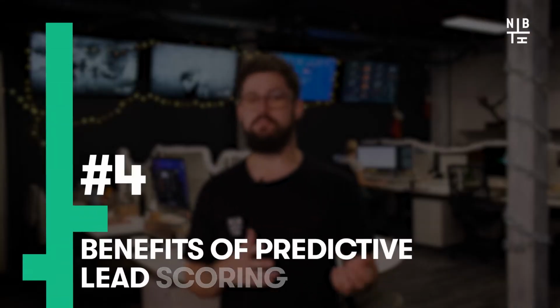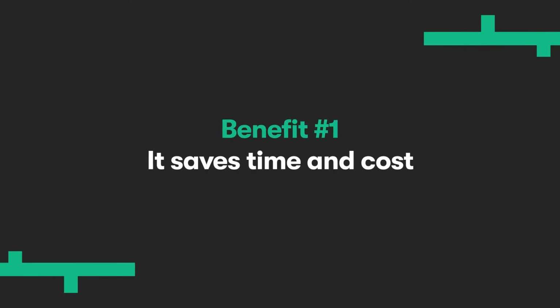We've got some benefits of predictive lead scoring here to see if it's your cup of tea. Firstly, it saves time and costs. A lead scoring model can be a time-consuming operation since it involves crunching the numbers and evaluating leads as individuals. Luckily, if you're tired of clocking in overtime hours, automating the lead scoring process will expedite the time it takes to analyze the quality of each lead. This frees up more time for you to spend on courting your best leads and getting them to love you